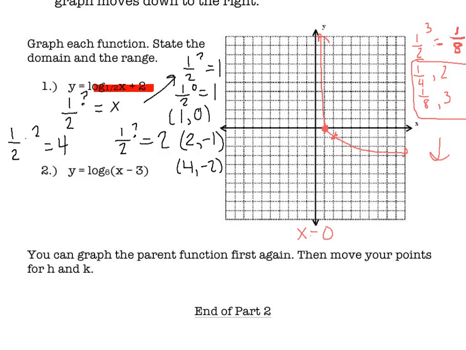So I would have this point of 1/4 and 2 and 1/8 and 3. And I'm approaching that y-axis, but it's never actually going to hit the y-axis. But the last thing that I need to do with this graph is I have that k value of +2. So I'm going to switch colors on the pen, and I need to move those points that I plotted up